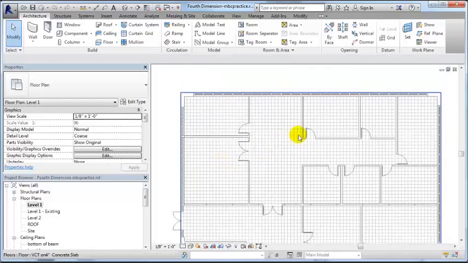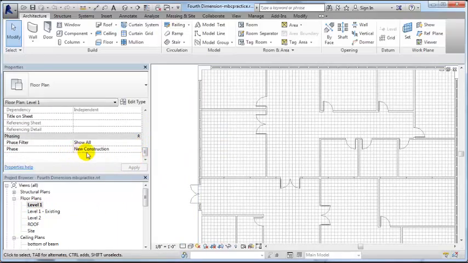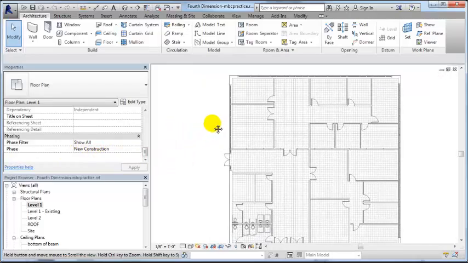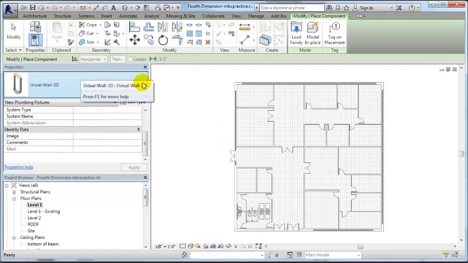We want to add some of the groups that we're going to be using through the project, and it doesn't really matter what we have set here for new construction, show all, or anything, because we're going to be able to set that once we place the groups, I believe. So let's get started. So I'm going to go under the component tool, and I want to load